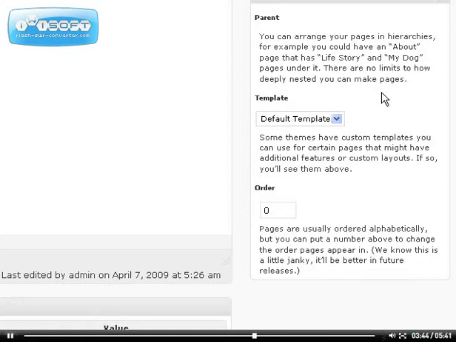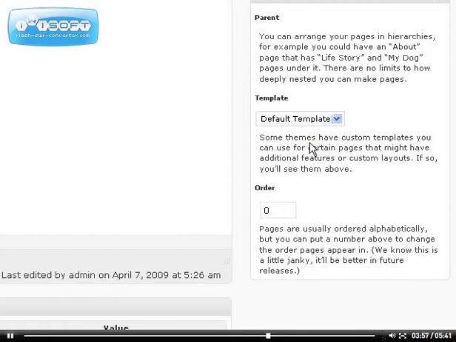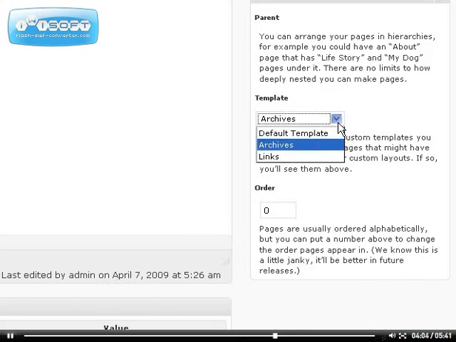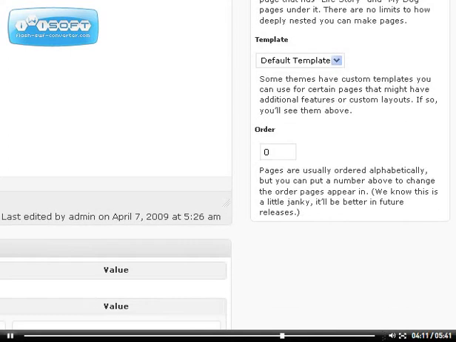Certain blog themes that you may be using will have different page templates that you can select in this section. For example, in the default theme, the default template is basically the standard template used by blog posts and every other blog page, but you can also select the archives page template, or if this is a links page, you may want to select the links page template. I'm going to leave it as default template for now,